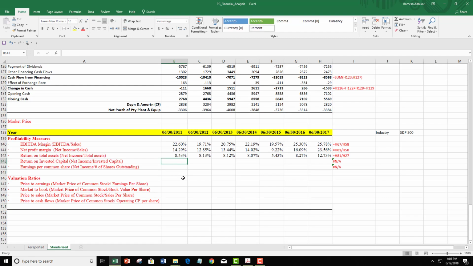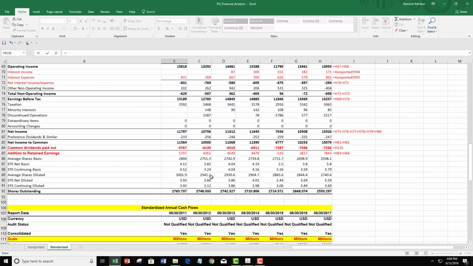Now let's compute return on invested capital. This is slightly more technical, but I have other videos that help you learn how to compute invested capital and return on invested capital, therefore I refer you to watch those videos. I'm going to calculate directly here. This is computed as net income over invested capital. So it's going to be equals to net income, right? The net income is in my row 81 over the